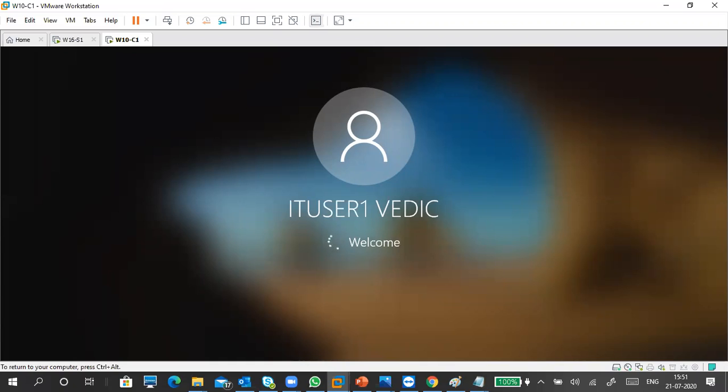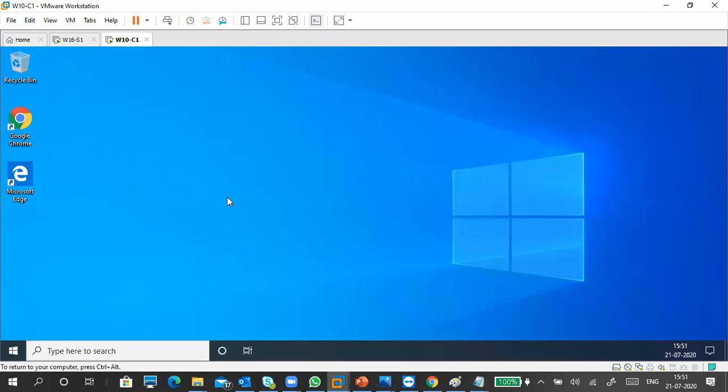So let it load. Why am I using IT user one? Because it's already logged in, so it won't take much time. If I use a new user, then it will take time. For a roaming user, you need a fresh user, so we don't have a choice. Let it load.